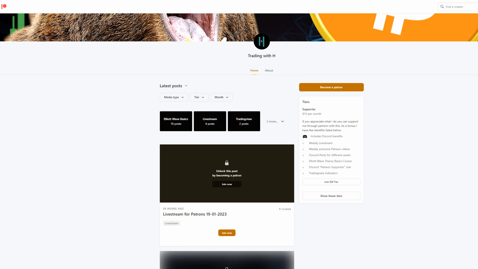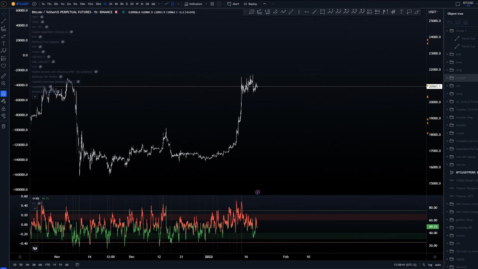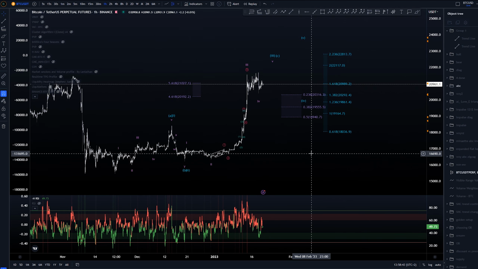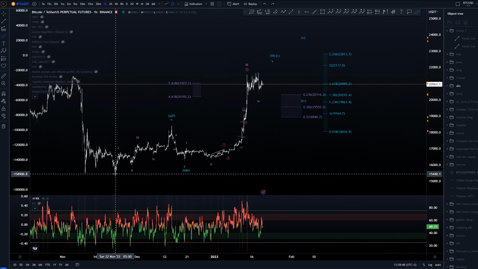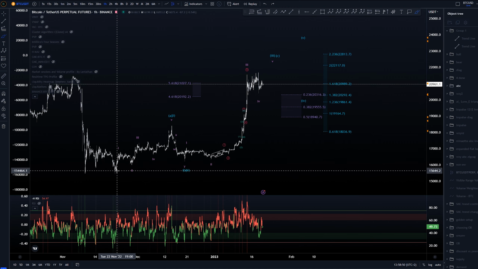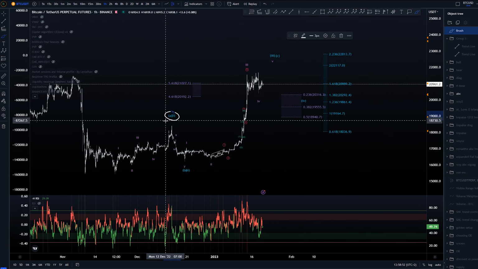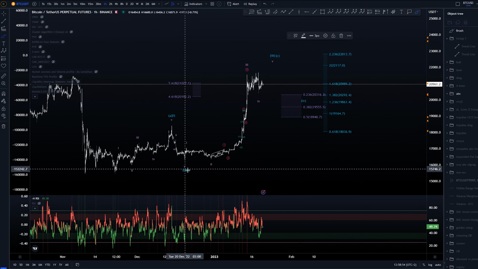Let's get into the analysis next. Starting here on the 1 hour time frame, what we've been looking at is this count where we have started the count from the lows of November 22nd. Since then we had a potential 4-way move upwards into wave A or wave 1, a 3-way pullback into wave B